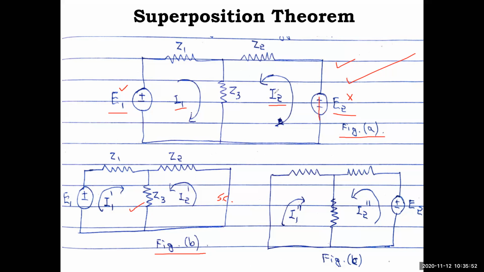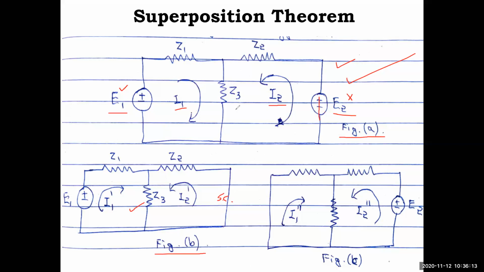So we'll express I2 in terms of I1 and substitute it back into that equation. So you'll get some solution. That means we are deriving the formula for I1 and I2 and writing it as equations. Then, in this solution, we will make E2 equal to 0. Then we'll get the equations of this circuit.